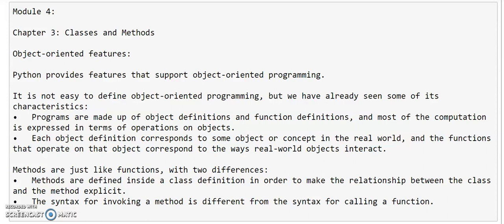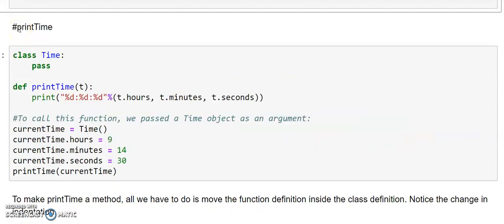But we are going to discuss a few problems with respect to the object-oriented concepts in this chapter. We take the functions from the previous chapter and transform them into methods. This transformation is purely mechanical. You can do it simply by following a sequence of steps. Once you are comfortable converting from one form to another, you will be able to choose the best form based on the problems which you are going to solve. Now we will consider the one which we have already done in the previous chapter, to print the time.